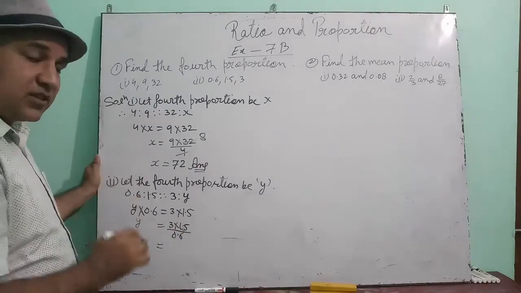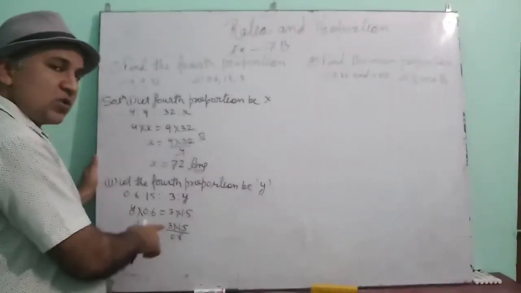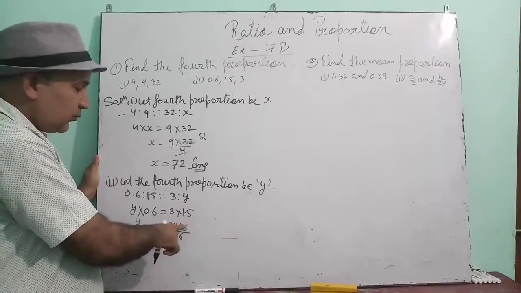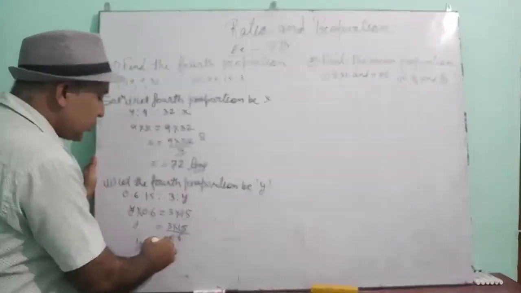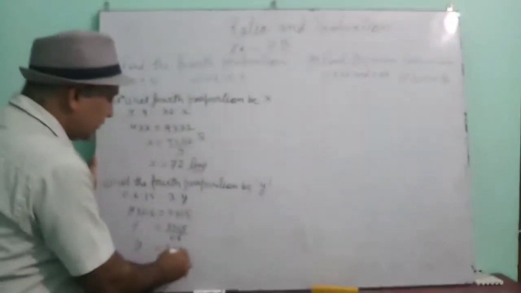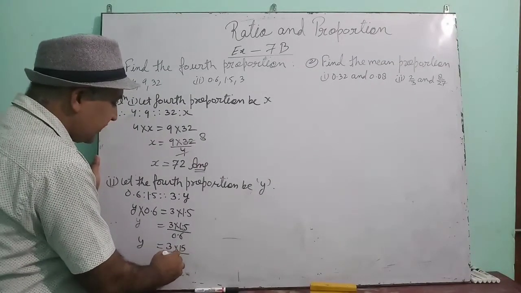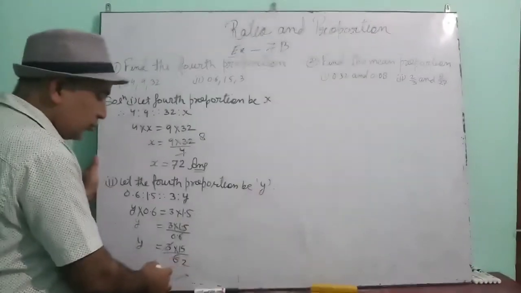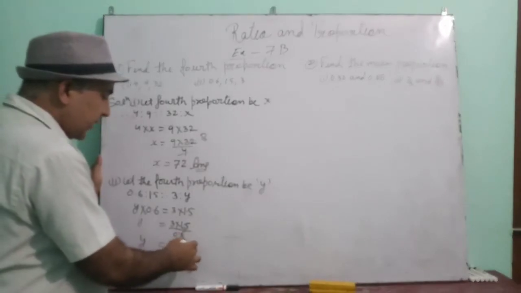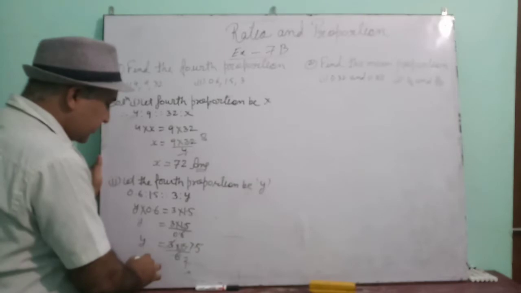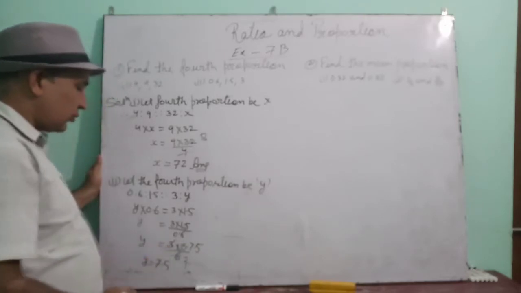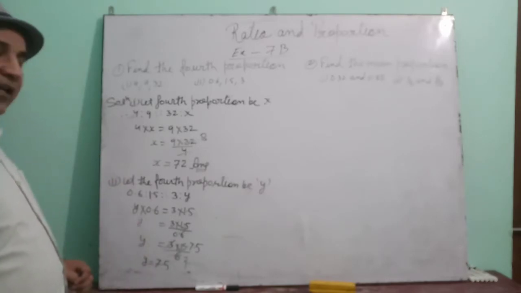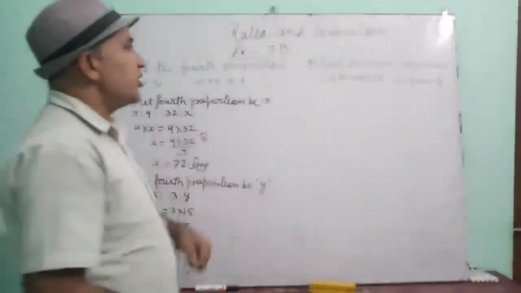Now see, decimal chapter you have studied. So before solving must remove the decimal. These are in the like decimal, 1.5, 0.6, both are the like decimal. So decimal can be removed. It can be written as 3 into 15 by 6. Now solve and get your answer. 3 dividing 6 by 2 times, 2 dividing 15 by 7.5 times. Means y is equal to 7.5. That means fourth proportion is 7.5. Is this clear?